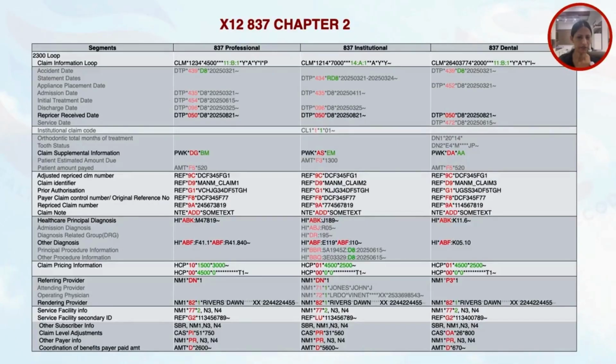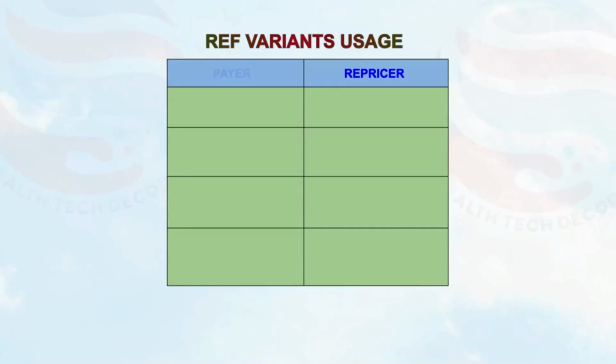For example, during the first submission from the payer to the repricer, the REF D9 carried a value like 1234. Then the repricer returned this claim back to the payer after repricing with an ID in REF 9A like 6789, okay? Now, due to some dispute with the provider, the payer wants this claim pricing adjusted. In that case, the payer sends this claim to the repricer again. REF D9 in the second instance of the claim will have a new number, something like 2214.